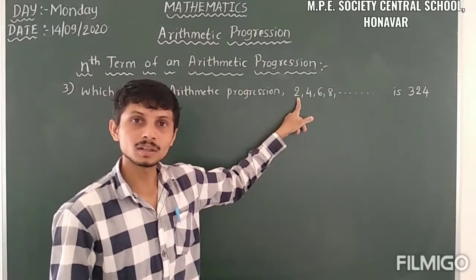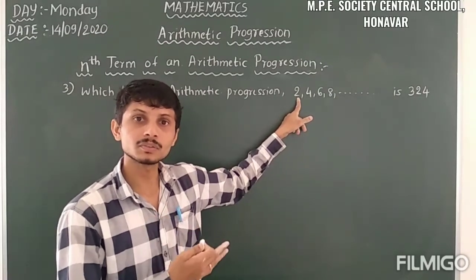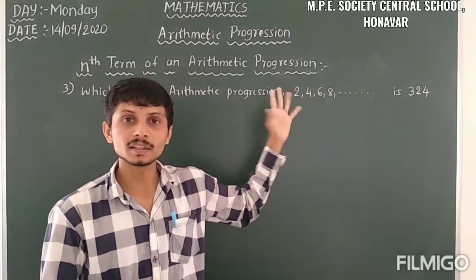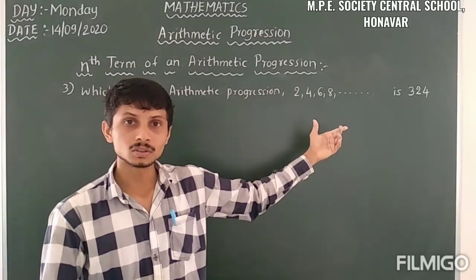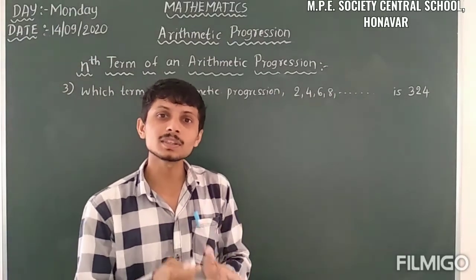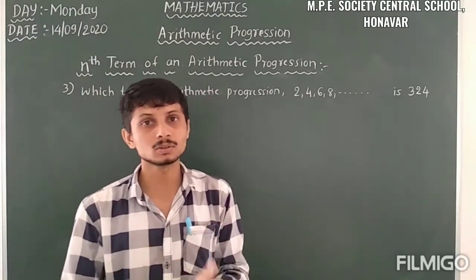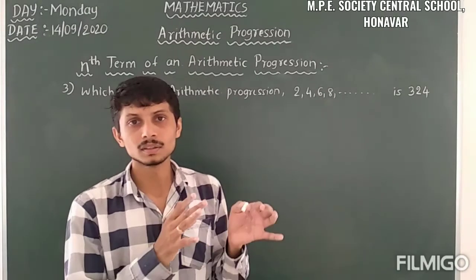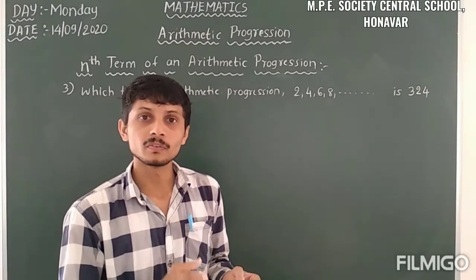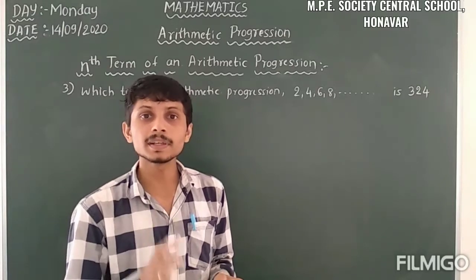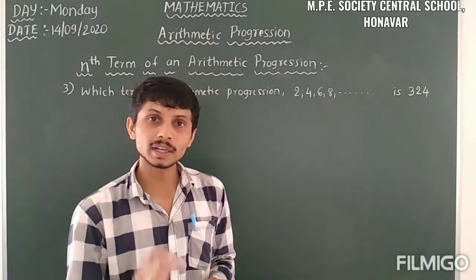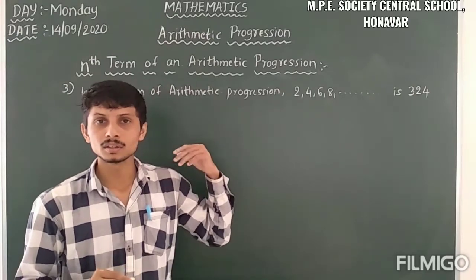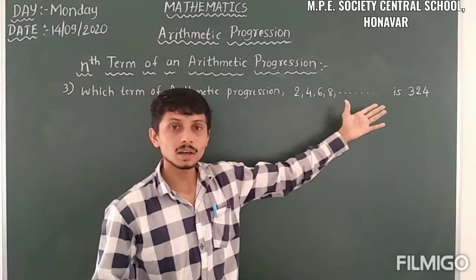We can find out by observation the value of A, and we can identify the common difference here. It is an even number, which means the difference between those two numbers is 2 only. The definition of an even number tells us that when a number is completely divisible by 2, we call it an even number. Likewise, we have to calculate the value of n.